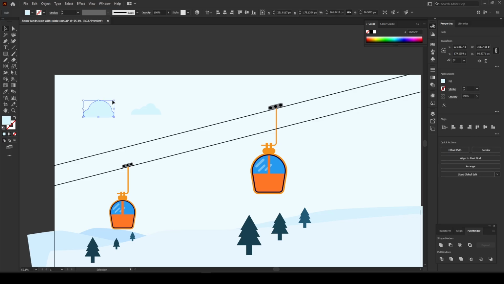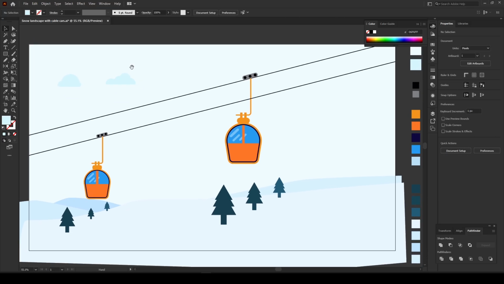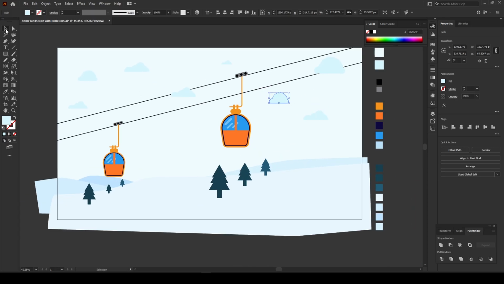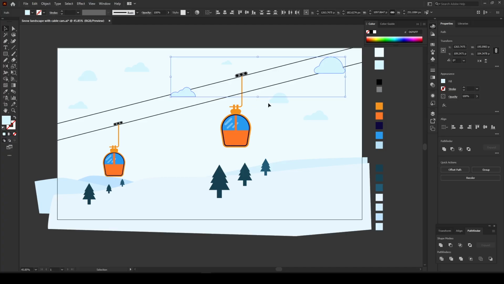Okay, next I press the Alt key and create a few duplicate clouds. I select this cloud and send it to back of our wires,